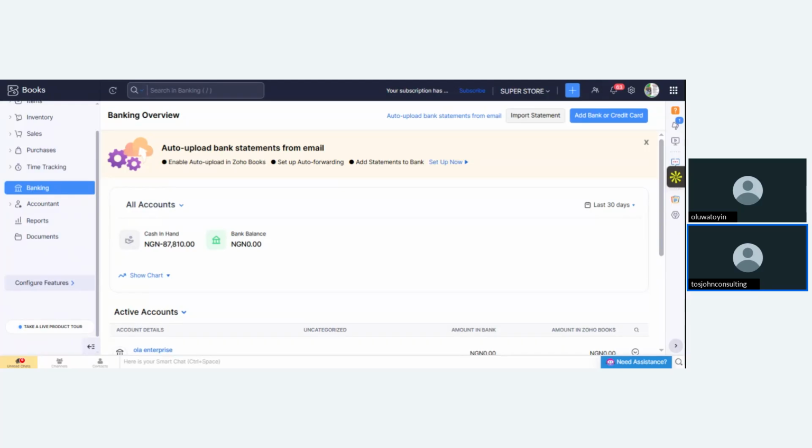So in order not to be confusion, when you form your business, when you register your business, for TOSJOHN Consulting, we are CAC accredited agents, and all this business structuring, financial structuring, business formation, putting things in order and everything, that is our work.